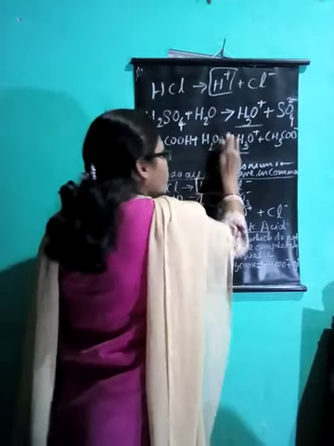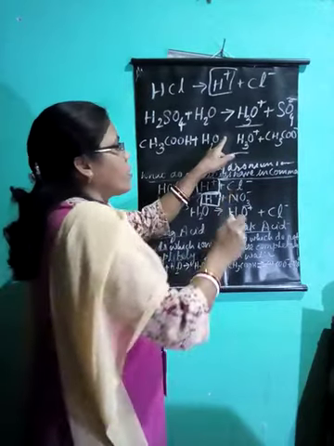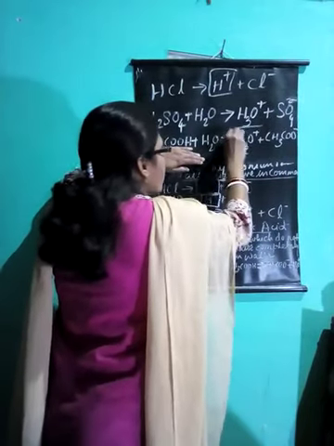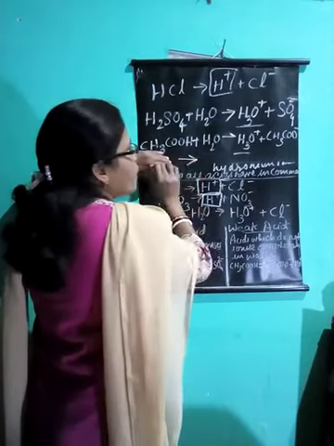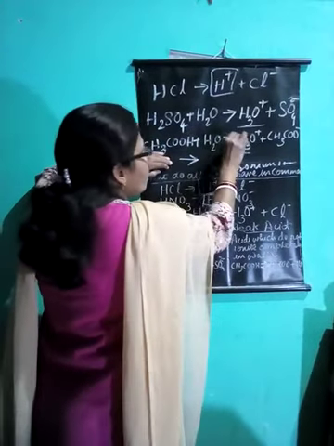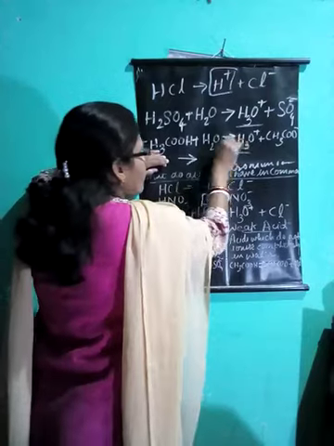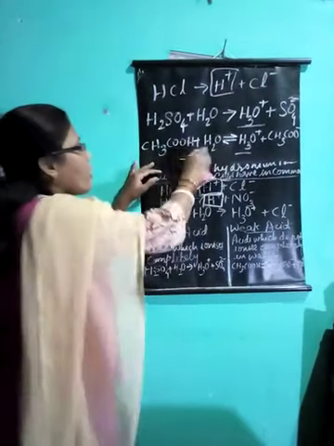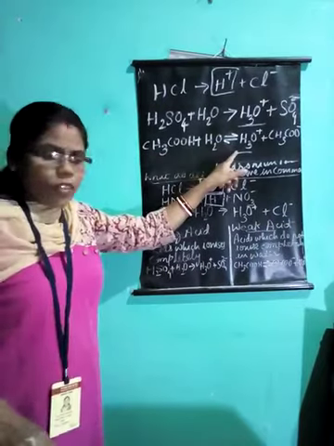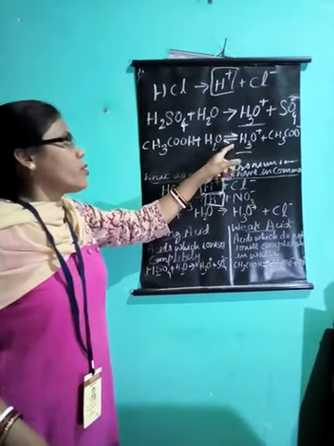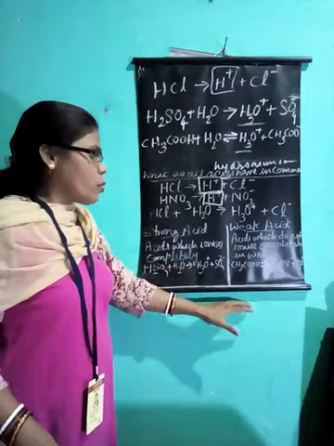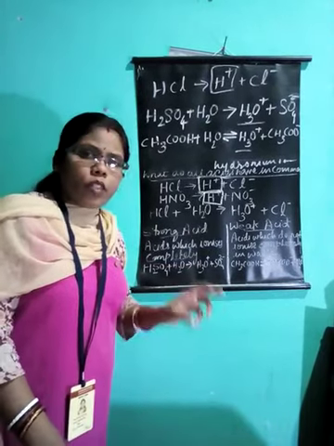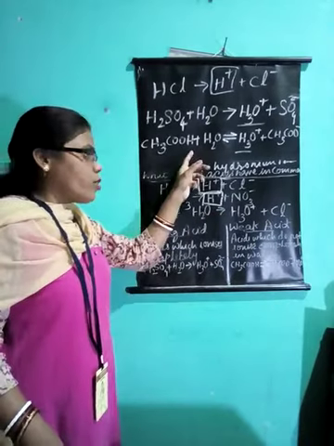See, now when it is a weak acid, it will not be written in this manner. See the way of writing. It is partial, half. Normally we draw the arrow in this way. But when it is a weak acid, we draw it partially, in this manner. This shows that partial ionization is taking place. From this symbol we can represent that partial ionization is taking place. And the substances which do not ionize completely in aqueous solution are called weak acids.